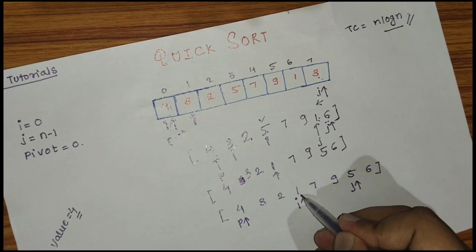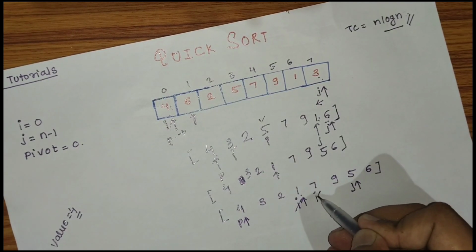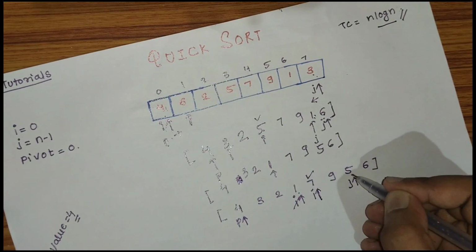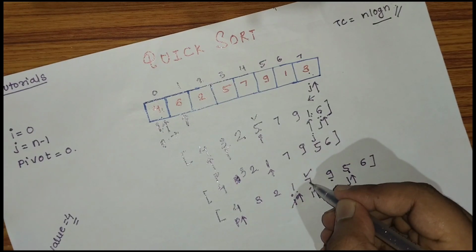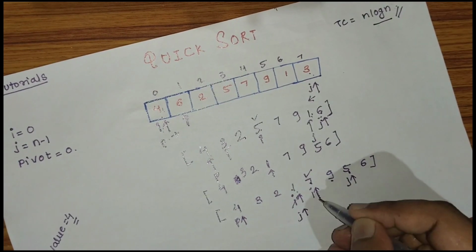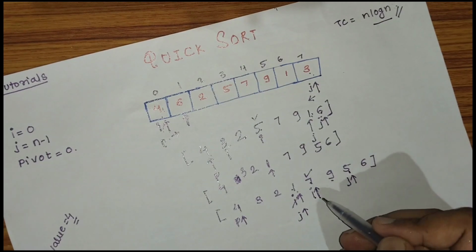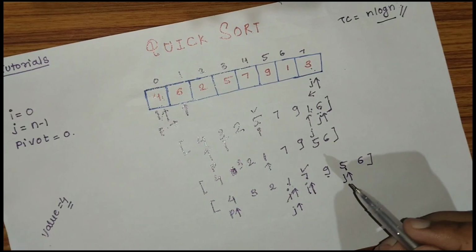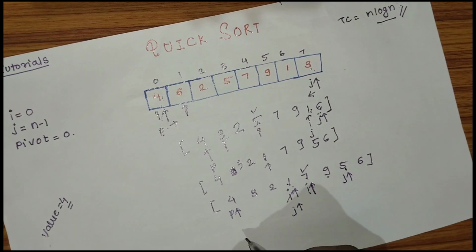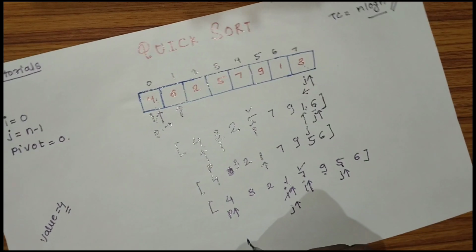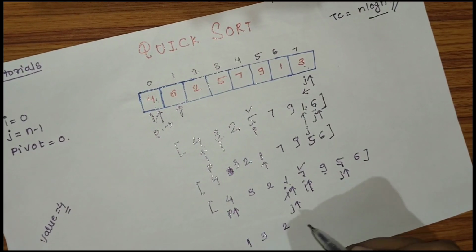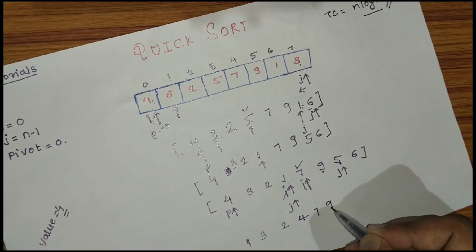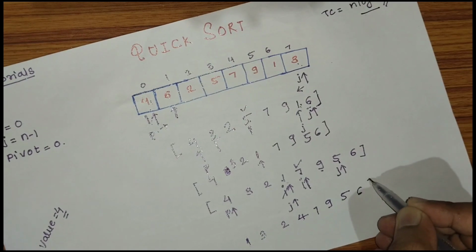Now we'll again check if it is greater than the pivot. No, then we move here. It is greater, yes, we have got it. Now we'll check if it is a lesser number. It is not. This 9 is also not. 1 we have got here at J. But what was our condition? If the pointers cross, we have to replace the pivot with the jth element. So we will just replace it. Now 1 will go to the first index, then 3, then 2, then 1. Then 1 was replaced with 4, then 7, then 9, then 5, and then 6.